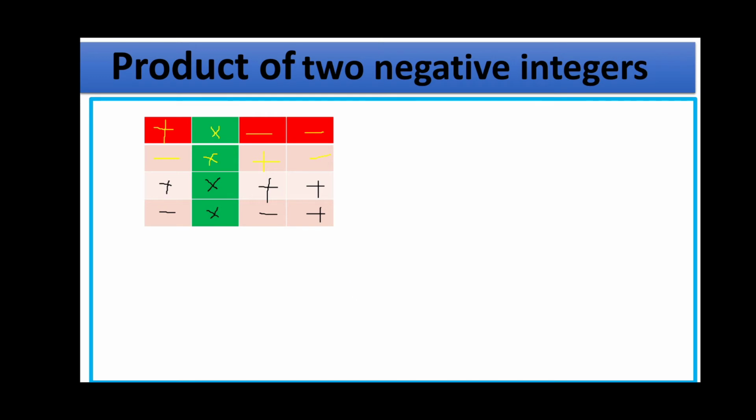Now let us check with another example. Here I am taking two negative integers. So minus 20 into, you can also use brackets to represent the multiplication symbol. Here I am not using it. So minus 20 into minus 40. So the first rule is to check the signs of the integers. Here we have the same signs, that is minus and minus. So minus into minus gives plus. So 20 into 40 gives 800. So our result is plus 800.